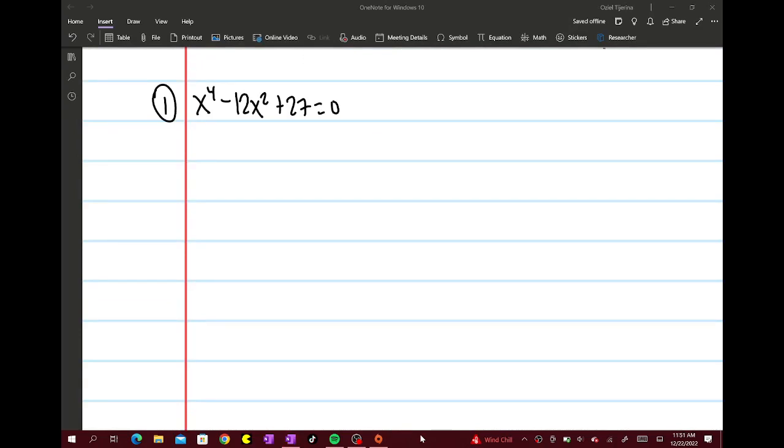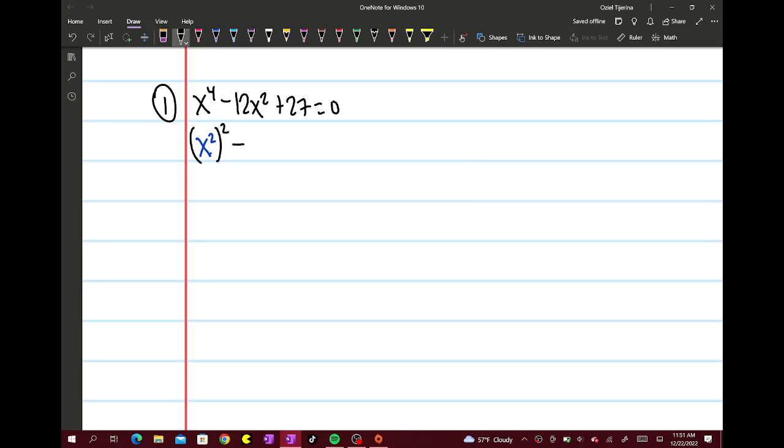Looking at this one, we have x to the 4th power minus 12x squared plus 27. And of course it is a trinomial. We can use what is called the Xbox method, or factoring it by the AC method, right? The one thing though is, notice that this can be rewritten as x squared, quantity squared, and then minus, and we can make u equal to x squared, minus 12 x squared